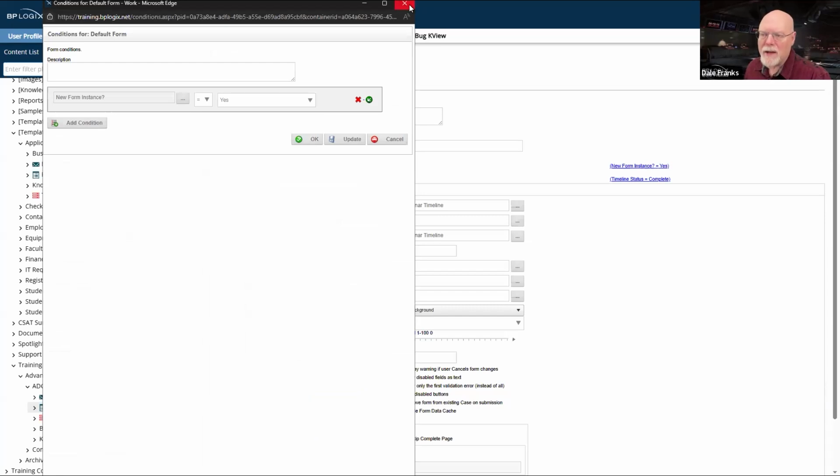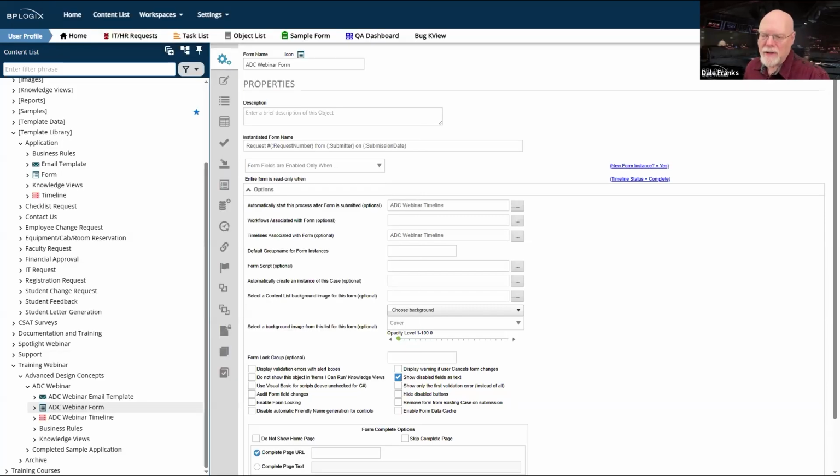The reason for this is that in many cases, whenever you receive a request, you want to ensure that you preserve the request as it was originally submitted. And so your default should be, okay, when the form first opens as a new form instance, I want the submitter to be able to edit everything that they see. And once they've done that and they click the submit button, I now no longer want anybody to edit that form, or certainly not the original request.